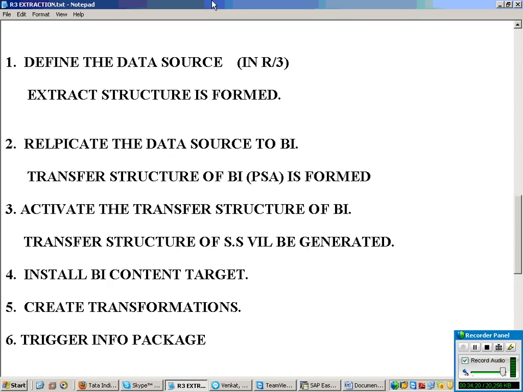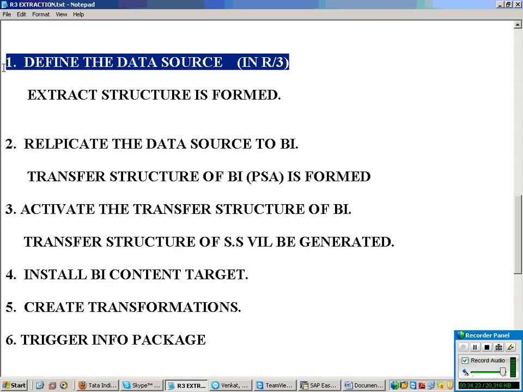But what is the difference? The difference is only in your step number, step 1, which is to define the data source. Once you define the data source, all the next processes are one and the same.